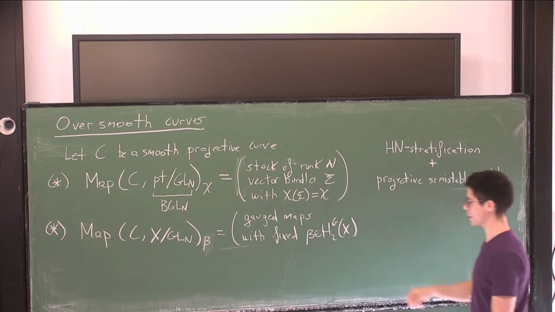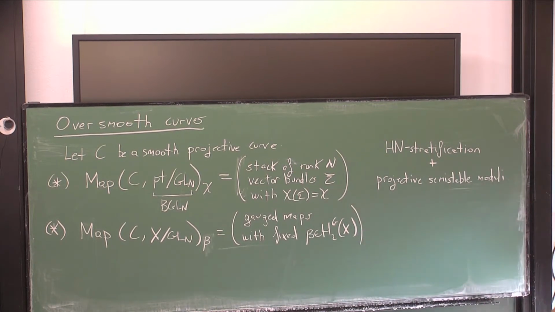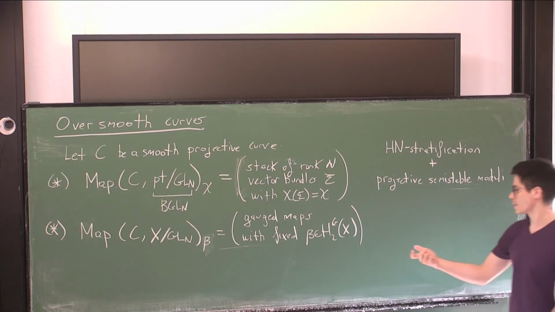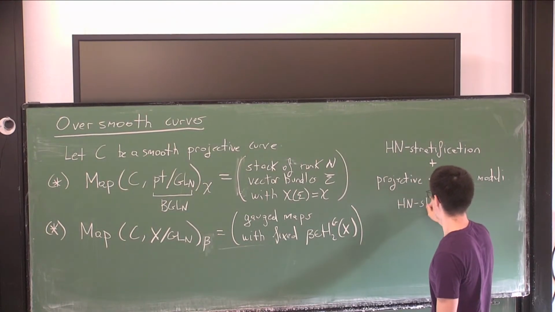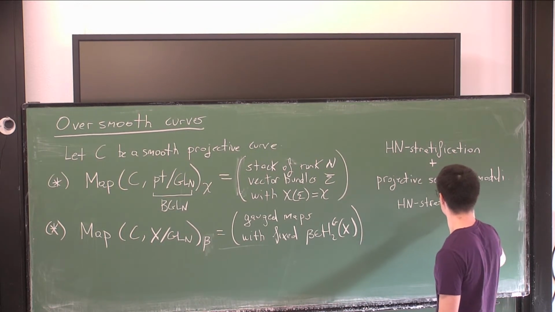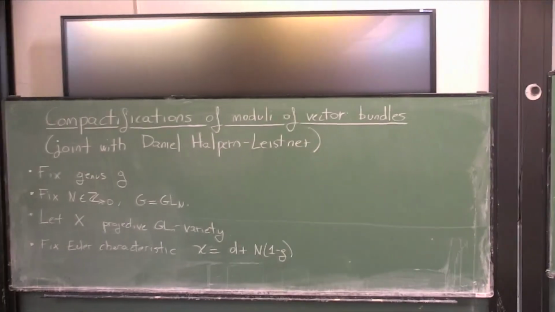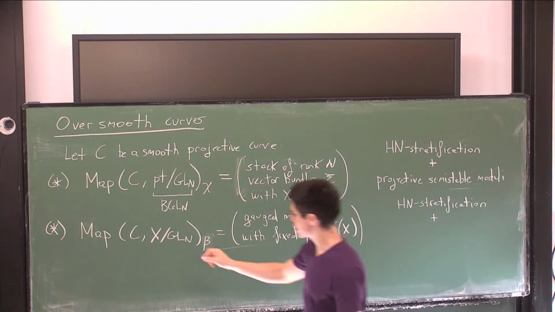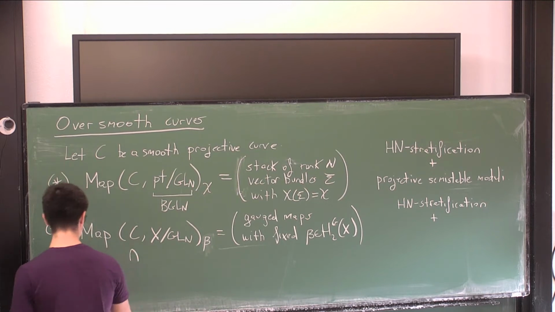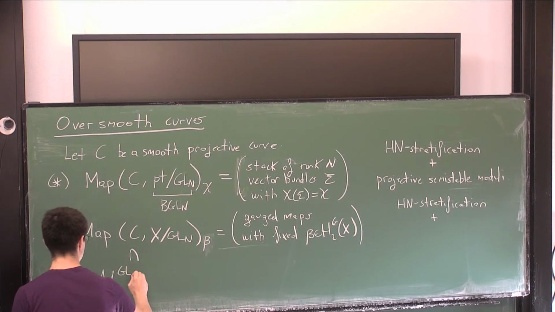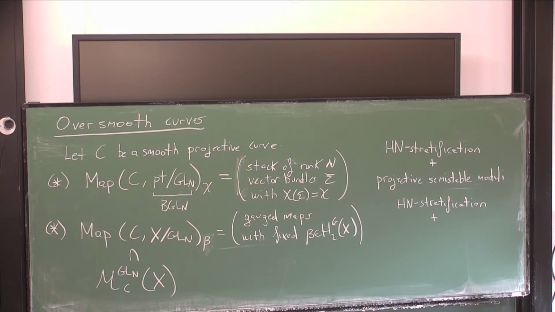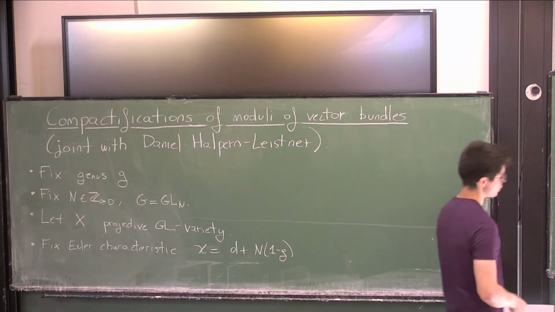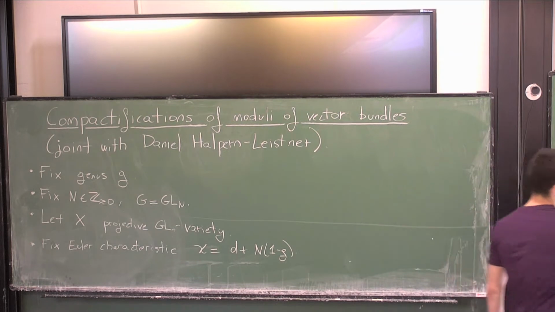So depending on where you're coming from, you can think about this as some kind of homology, or the dual of just the Grothendieck group of the stack. And again, we have the same thing. So we have an HN stratification. And then if you do something here, which is take this gauge and enlarge it a bit, something that I'm going to call M_GL_n-C-X, where you allow your curve to pick up some trees of P1s, then for this thing you're going to have a projective